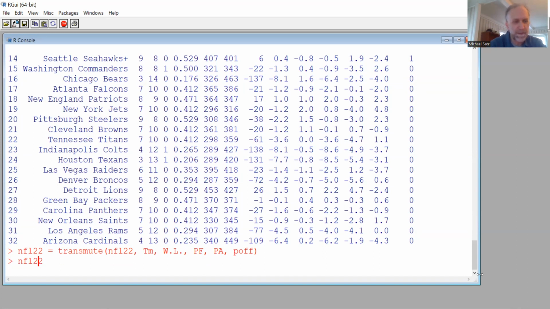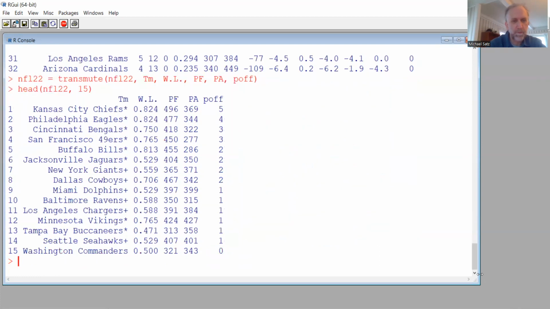Let's look at the top just because it's easier on the screen. So we'll go ahead, NFL 22. Let's just look at the top half. And hopefully, yeah, that makes sense, right? One team didn't make it because 14 teams make it. So hopefully this looks correct.